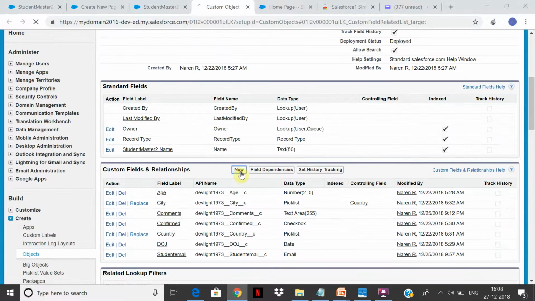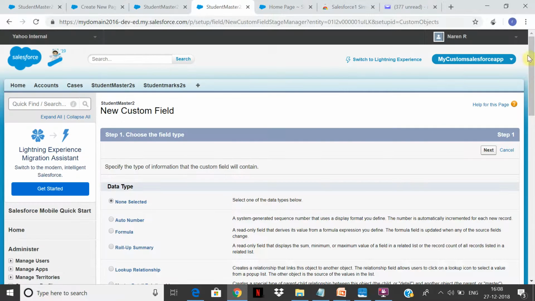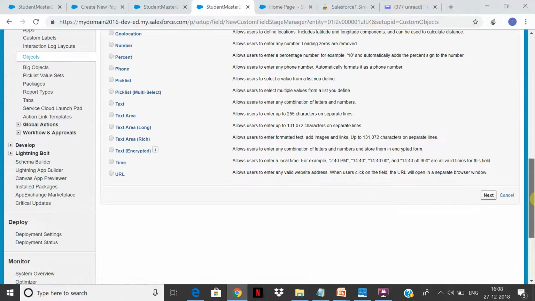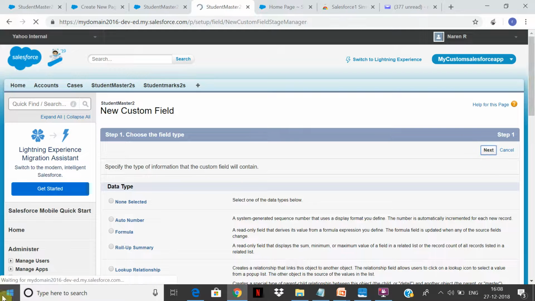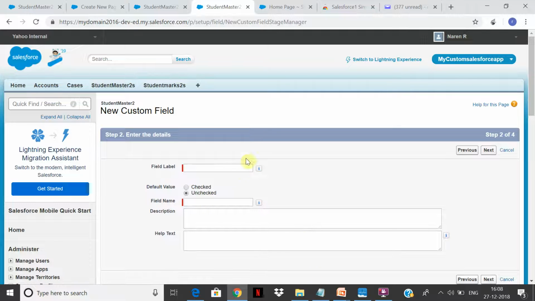We'll create a new custom field in student master, and call it a checkbox. We're going to click next and say graduation done. It's initially going to be unchecked.